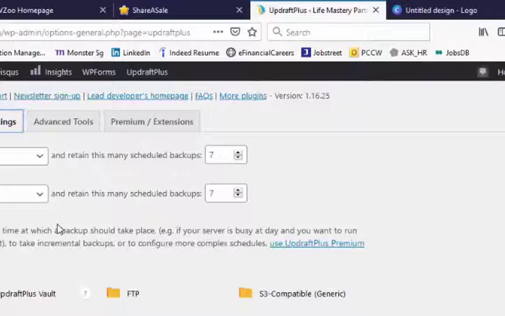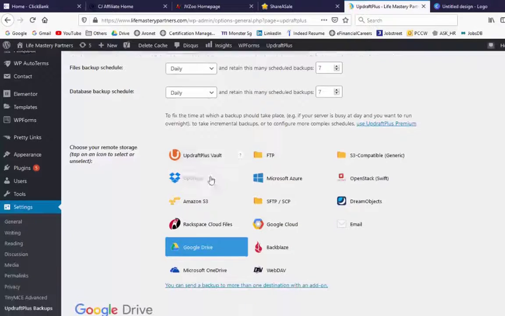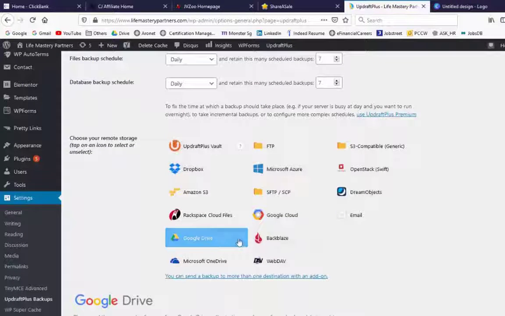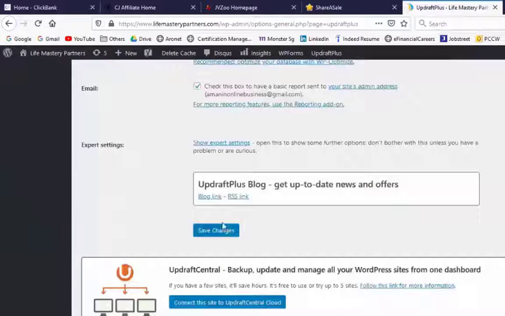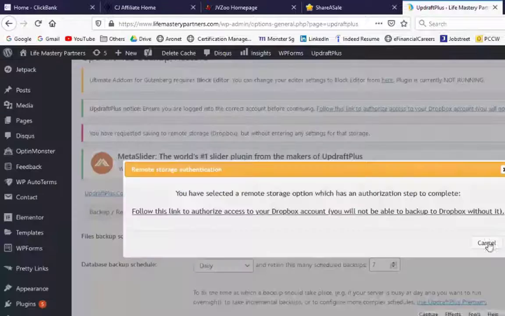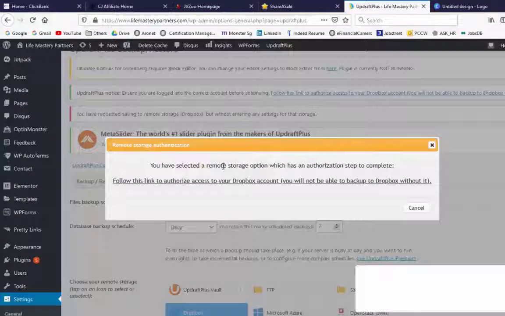So before you perform or schedule any backup, you need to first configure this storage section. So this is where you want to keep your backup files. There are a lot of options available, including Dropbox, FTP and Google Drive. I have used my Google Drive as the backup storage. Let's say if you select Google Drive and save changes, it will prompt a message like this. As I have configured Google Drive,